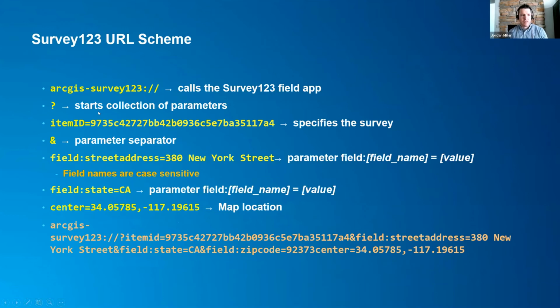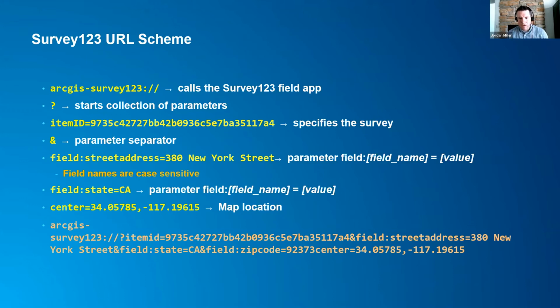And so by using this URL scheme, we can tell that link to call the Survey123 field application, and then that question mark is going to start that collection of parameters. So then we specify the survey as the first parameter, and then say what we want to be able to do. So if we want to enable an edit on a particular record in a particular survey, we can call that in that